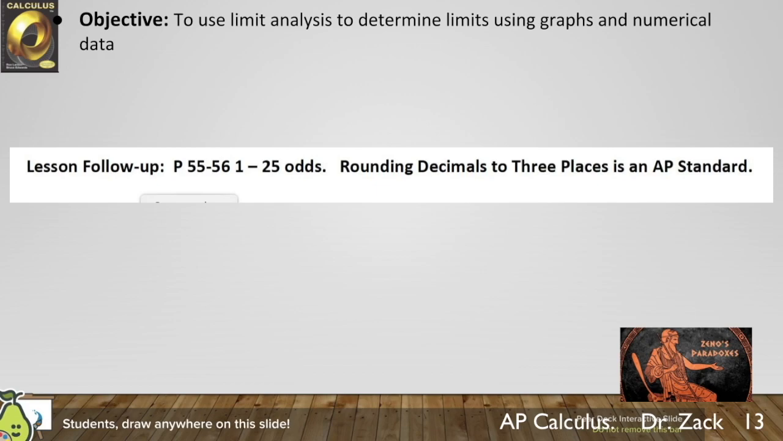Your lesson follow-up for today, you're going to be working on the odds, numbers 1 through 25 on page 55 and 56. Now, just so that you know, when you are working for anything related to AP, 3 decimal places is the AP standard. So everything you do has to be correct to the 3